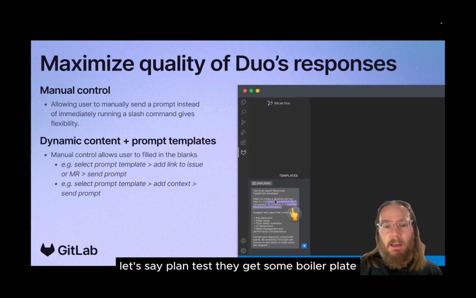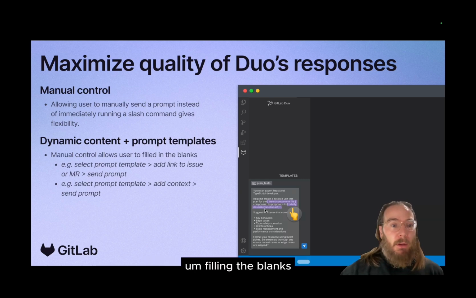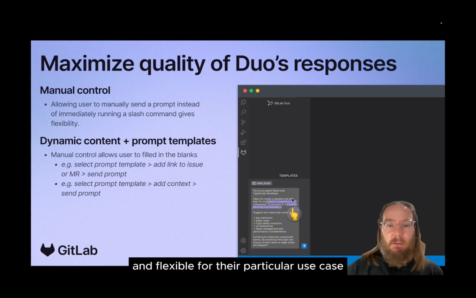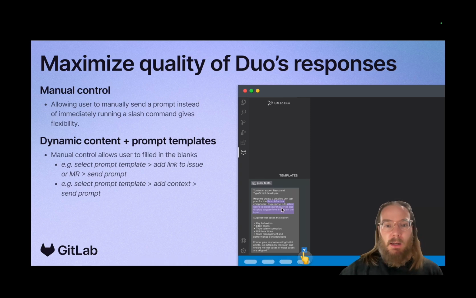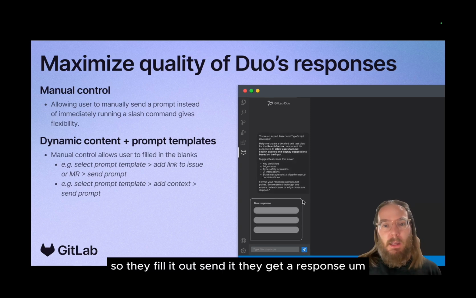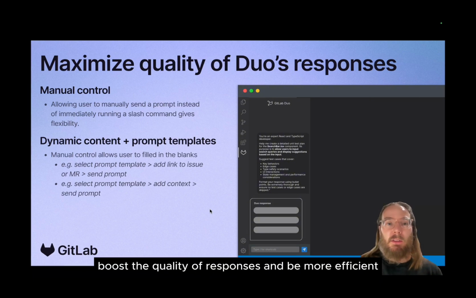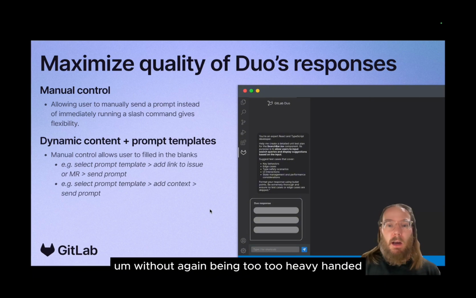They get some boilerplate that they can then fill in the blanks. Filling in the blanks allows them to make it more situational and relevant and flexible for their particular use case while keeping it lightweight. So they fill it out, send it, they get a response. I think this could really help boost the quality of responses and be more efficient without, again, being too heavy-handed.